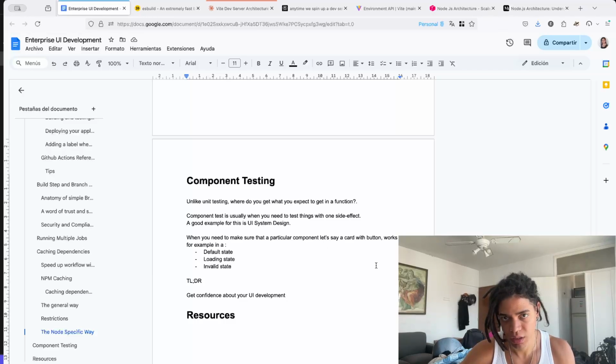So get confident about your UI development without needing to figure out how to get a full